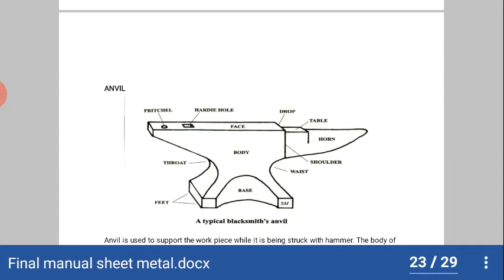The main parts are called horn, beak, face, tail, table, main body, tang, hardy eye hole, round eye hole. So the anvil is also placed over the anvil stand, or it is placed on the floor of the shop.